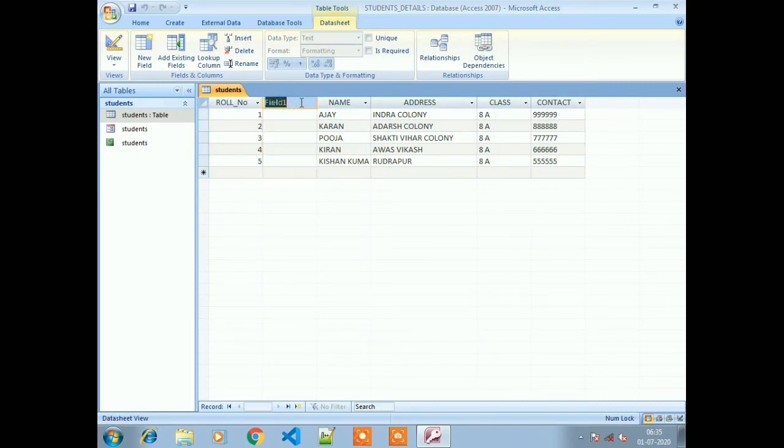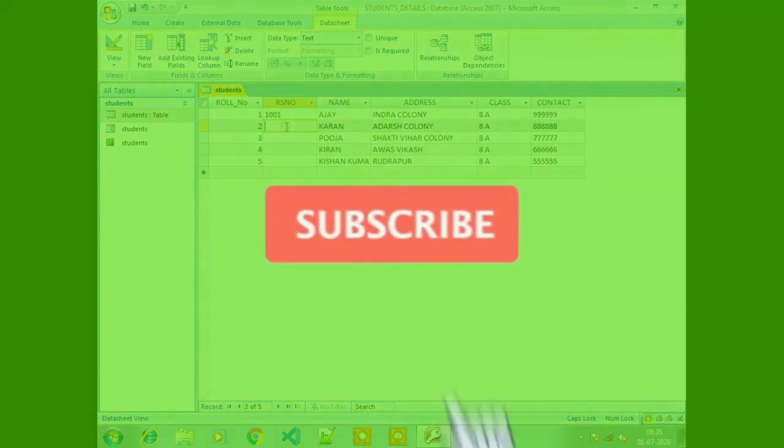After that we can change the heading or name of the field. We can double click on the field name and then type a new field name. Suppose that we want to write serial number, okay, and after that we can press the Enter key. In that table you can see a new field has been inserted, and now we can type